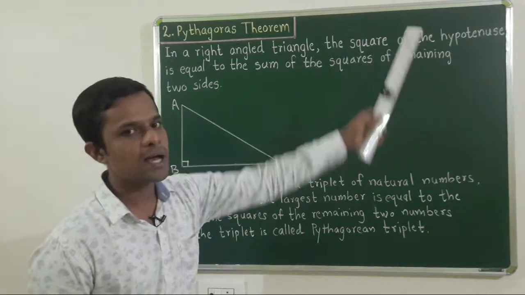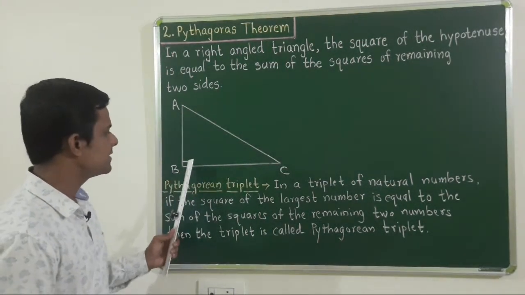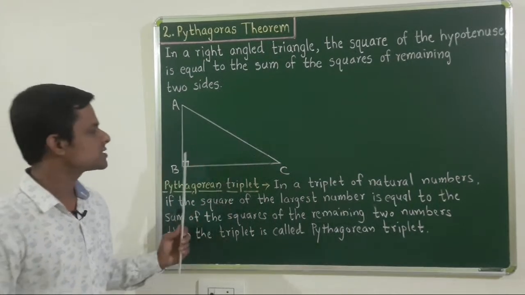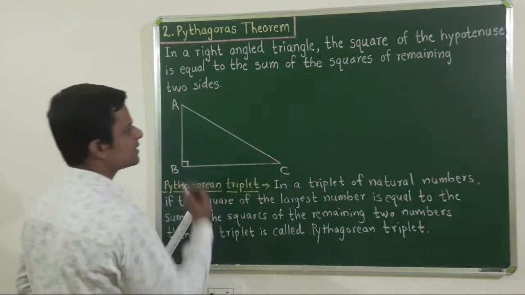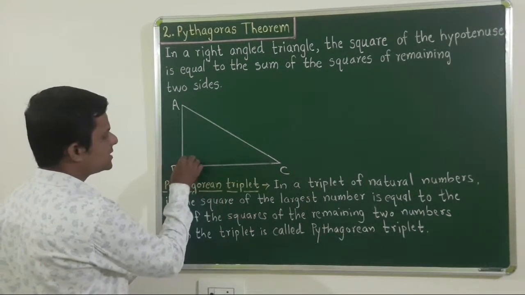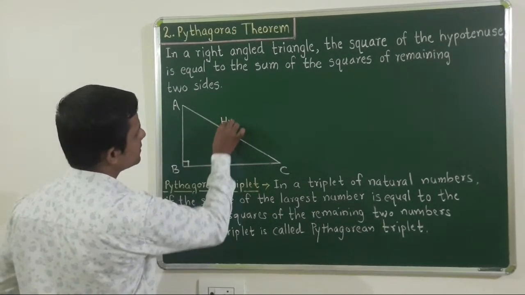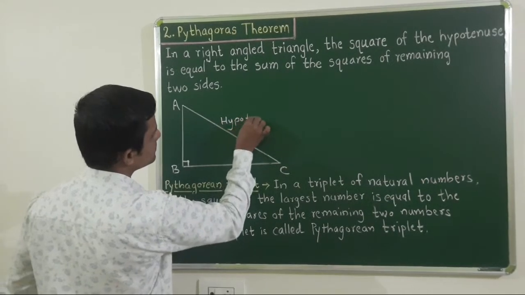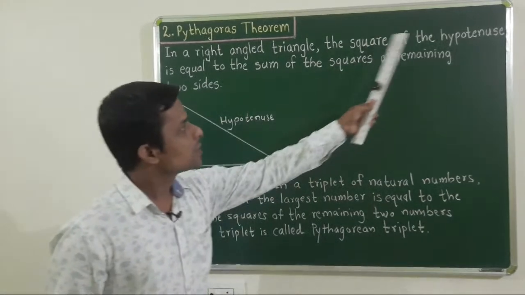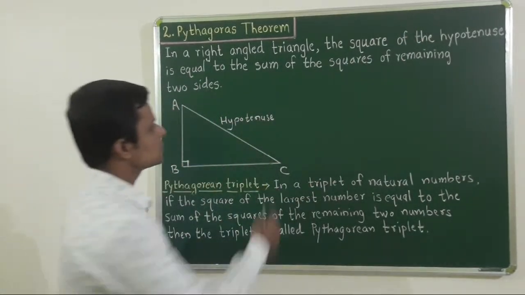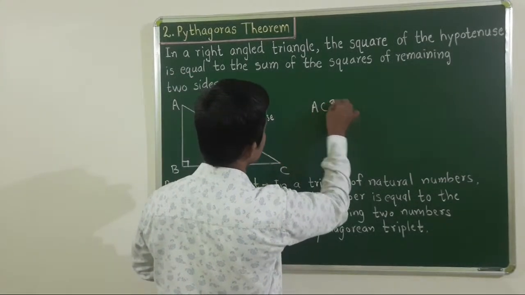Now the square of the hypotenuse. Now what is hypotenuse in this triangle? The hypotenuse is nothing but the side opposite to right angle or the side opposite to 90 degree. The side opposite to right angle is always the hypotenuse in a right angle triangle. Now angle B is right angle, therefore the side opposite to angle B, AC, is nothing but the hypotenuse. This is the hypotenuse. Square of the hypotenuse is equal to, now square of hypotenuse means hypotenuse is AC, AC square